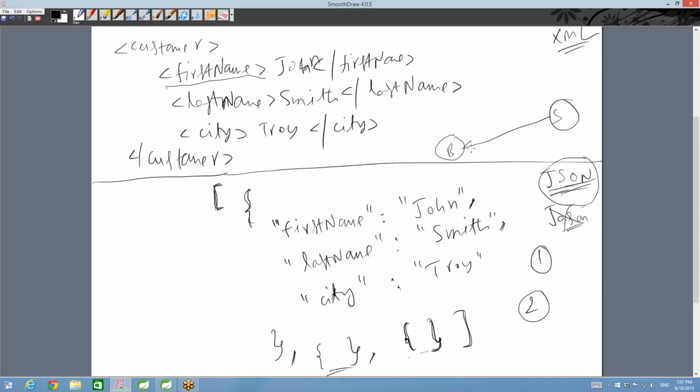So when data is getting sent from server to browser, especially now with mobile devices being so predominant, every kilobyte of information is very crucial. Every bit of information is crucial, especially on mobile devices, because of the bandwidth your device receives from the server. When you open a browser, or an app on an iPhone or an Android phone, if XML is received, let's say it is 20% more payload than JSON,